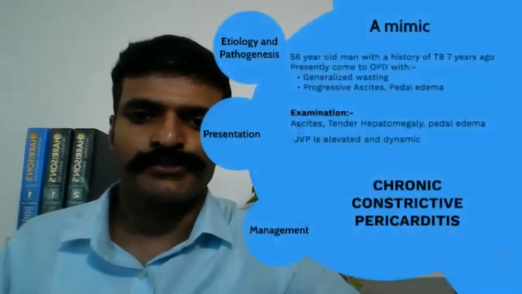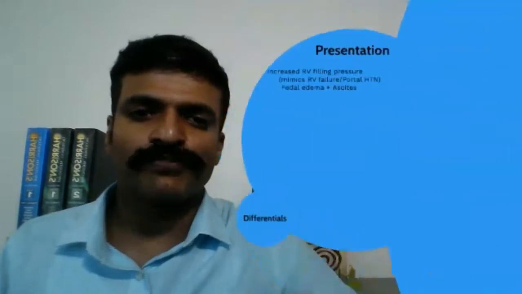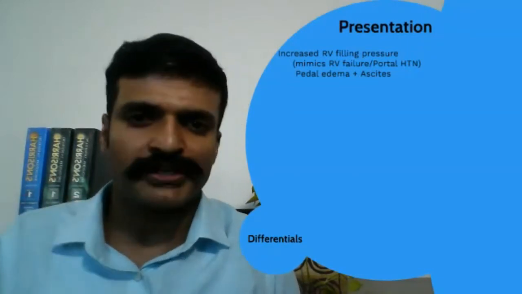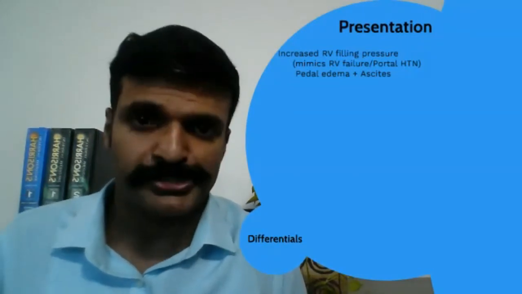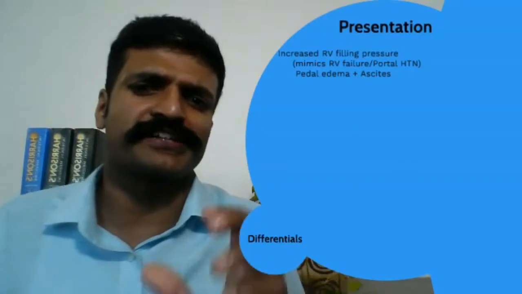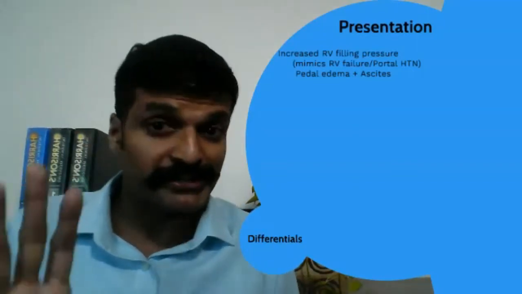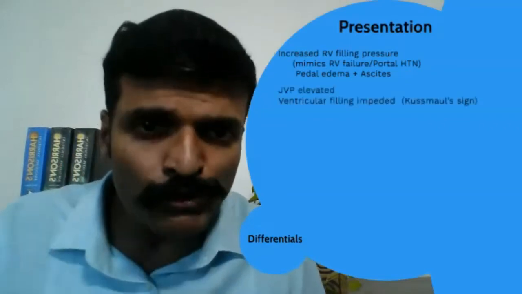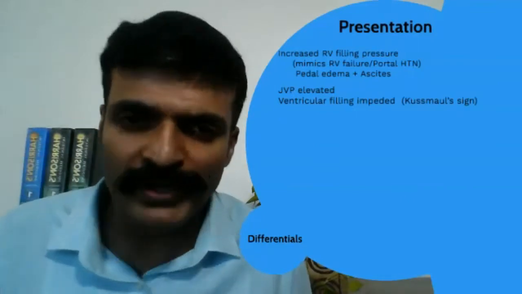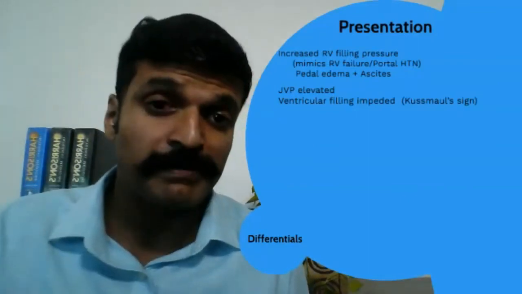Now that you know the pathogenesis of the various features as well as investigations of constrictive pericarditis, let's summarize that. So, the presentation of constrictive pericarditis clinically is very closely going to mimic chronic liver disease or any cause of portal hypertension, that is, ascites and pedal edema. Okay, ascites and pedal edema is usually gradually progressing, very similar to portal hypertension, is going to be your presentation. Look carefully at the JVP in these patients because you will have a very elevated JVP,